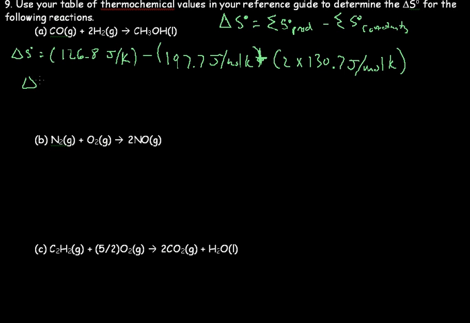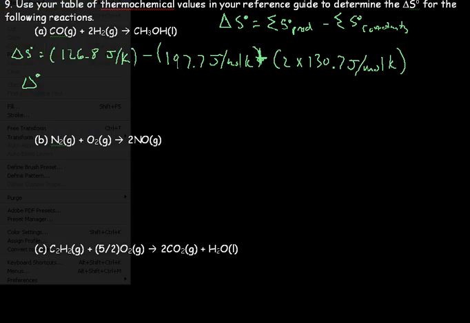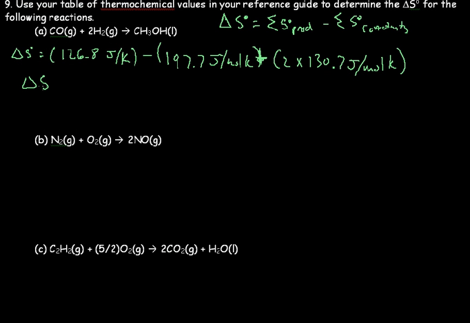If I plug this all into my calculator and find the difference between the products and the reactants, I should end up with a delta S naught of negative 332.3 joules